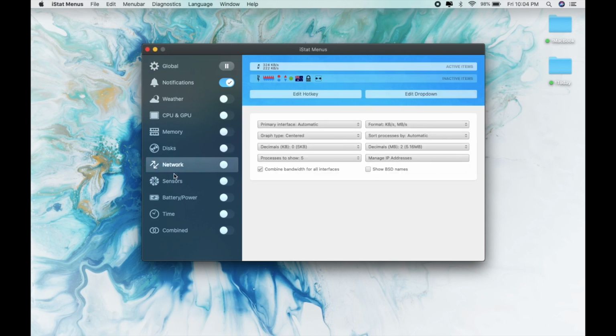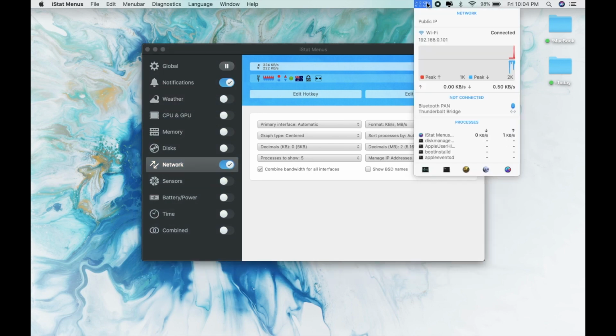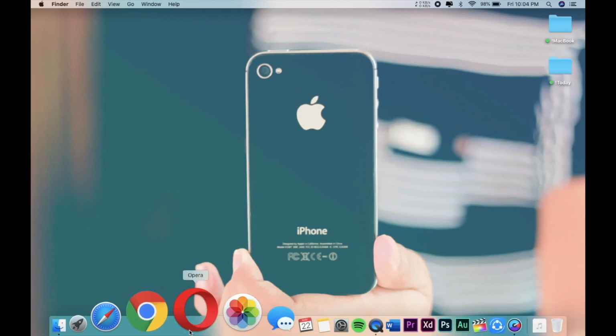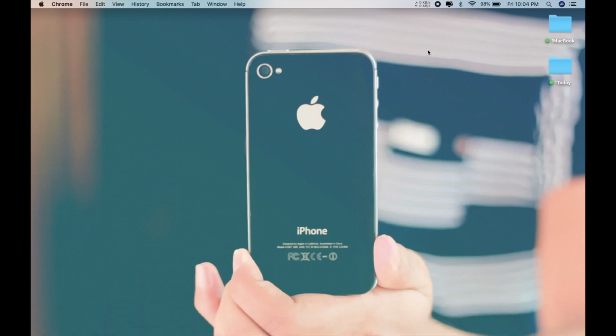In this particular video, we're going to see how you can get the internet speed monitor. So here you can see, here is the network section, so you need to toggle this back on, and after a little while, here you can see we have the internet speed monitor. We can see our IP address, our LAN port details, which application is using the most internet, and things like that. Right now, if I go to Google Chrome, wait a little, let me show you.